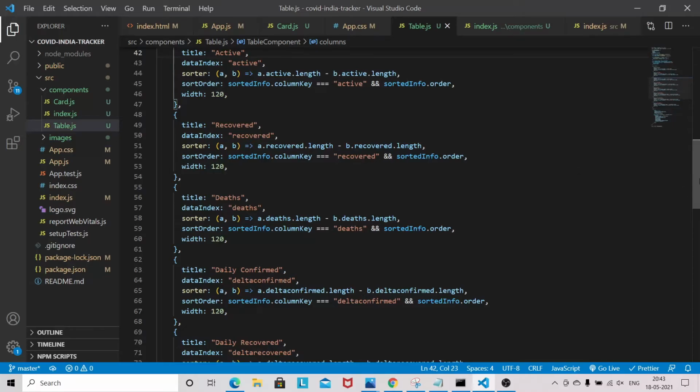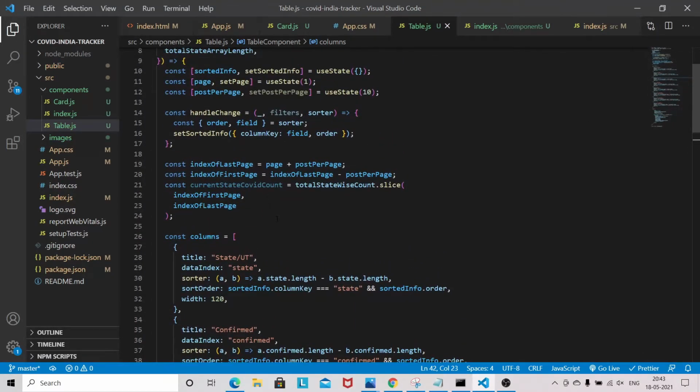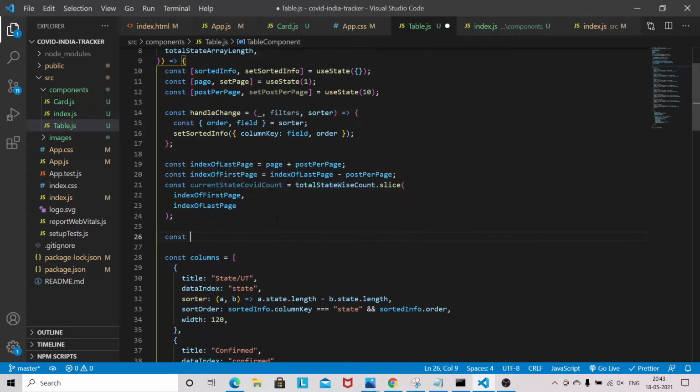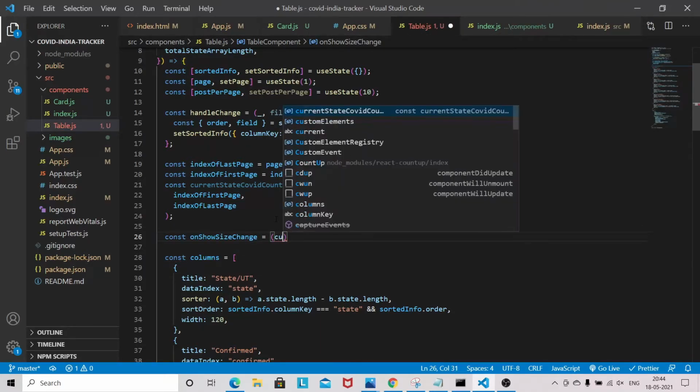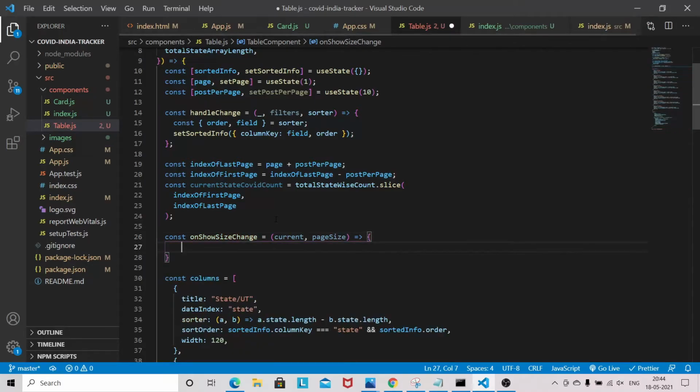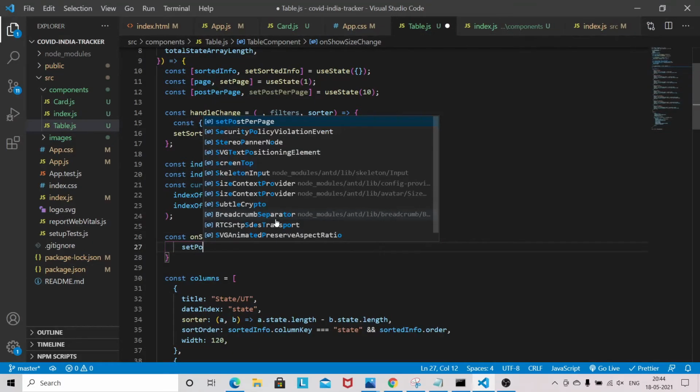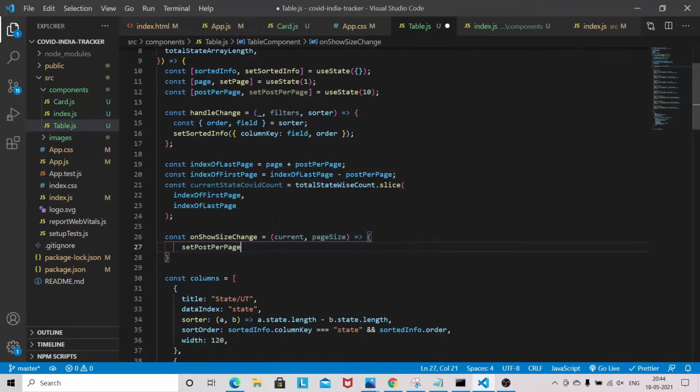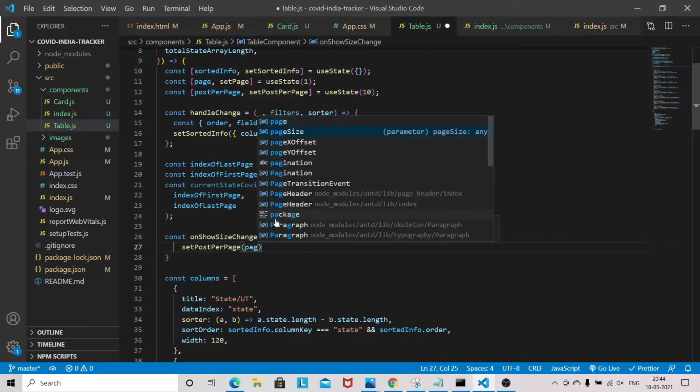So let's define here. So onChange, current and page size. setPostPerPage, page size.